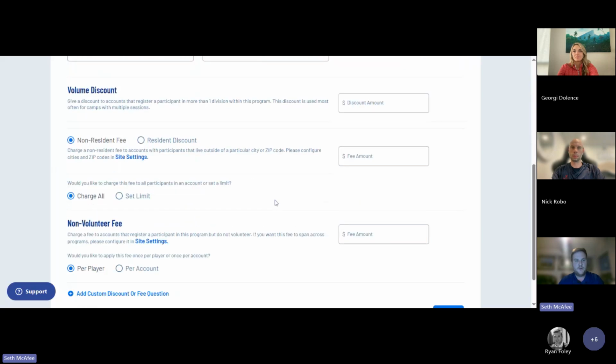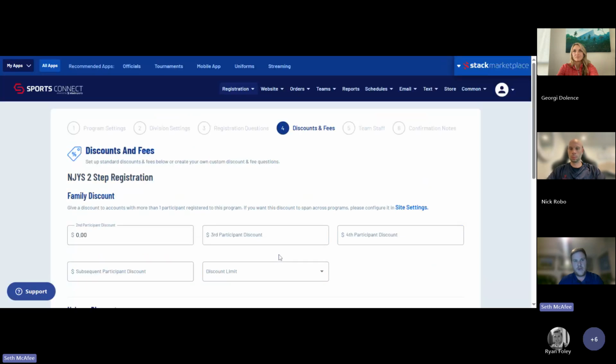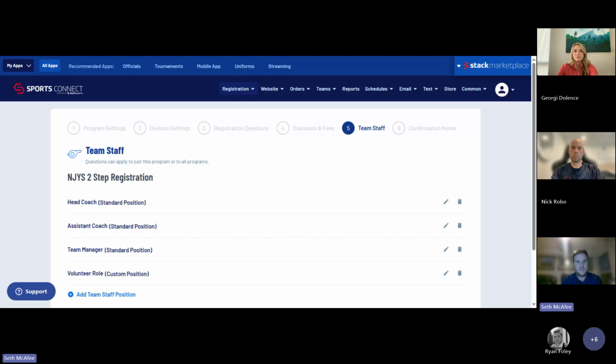There's other ones that we have pre-built, like non-resident fee or resident discount, and also a non-volunteer fee. And you may have additional discounts or fees that may be more suited to your club. We have the ability to customize that here down at the bottom left. You can add mandatory fees, optional discounts, or optional fees as well. So definitely make sure to go through that and decide what's important for your club so they can get the pricing all structured correctly. So team staff will be very important for your organization to get the correct positions from a